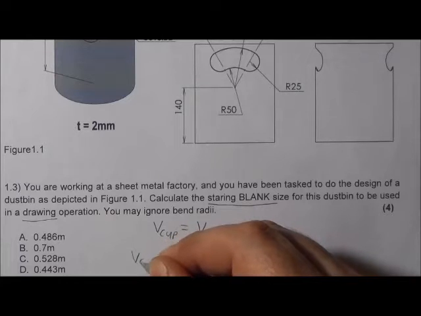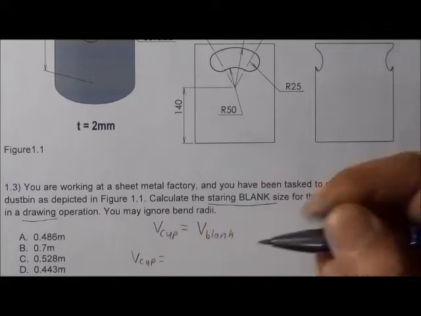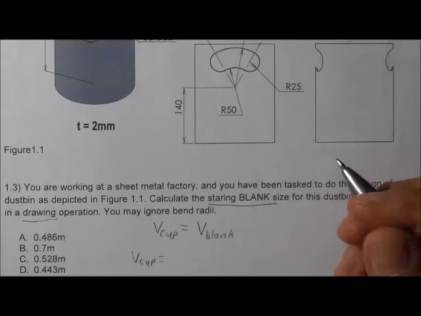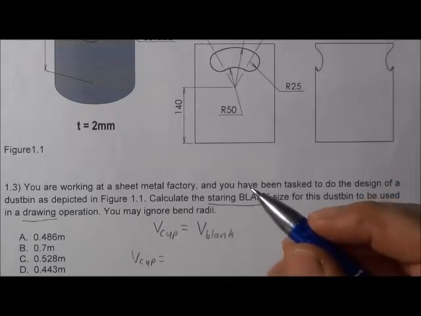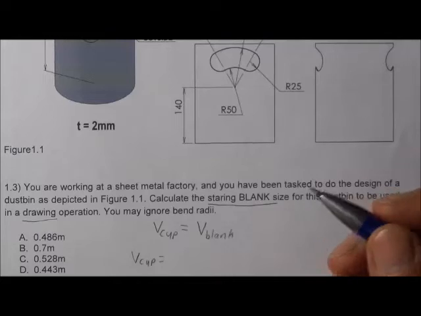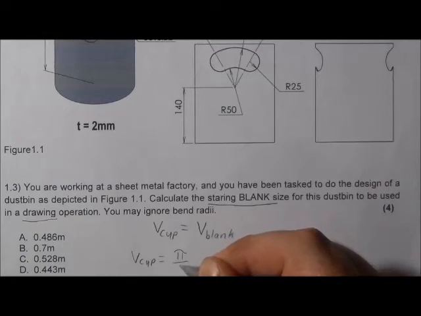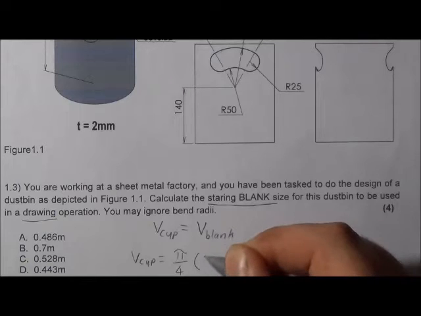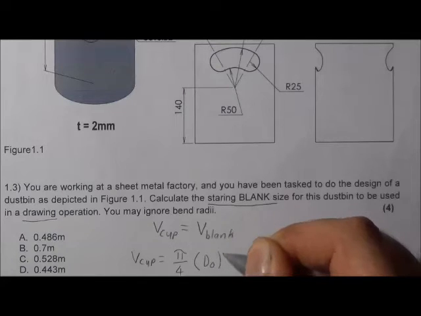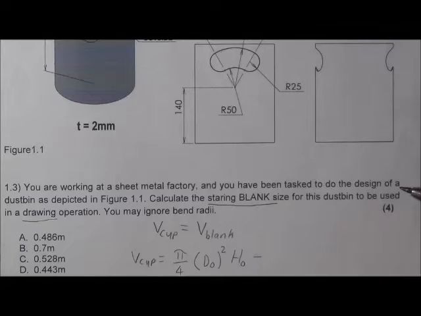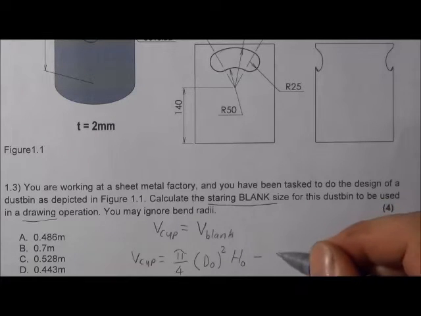So the volume of the cup is, you can use pi r squared times h, or you can use pi over 4 d squared times h. It is the same thing. And from that we are going to subtract the inside volume,